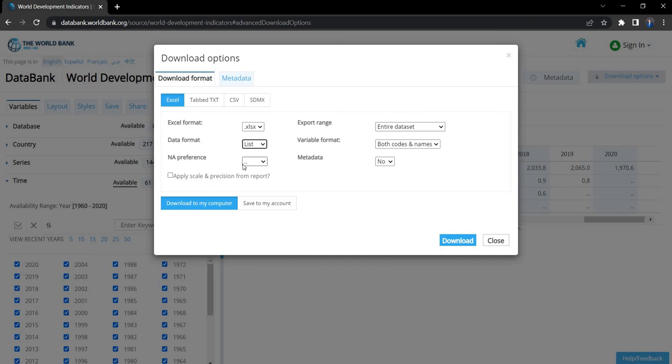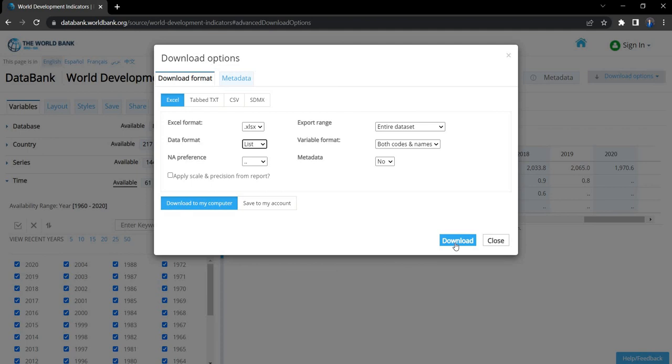And here, whenever you see 2 dots after you download it, that means that you have a missing observation. And you can leave the others by default. You typically want the entire data set. You want both the codes and the names, but you don't need the metadata. And so that's it. So if you click here now on download, you will get the data set